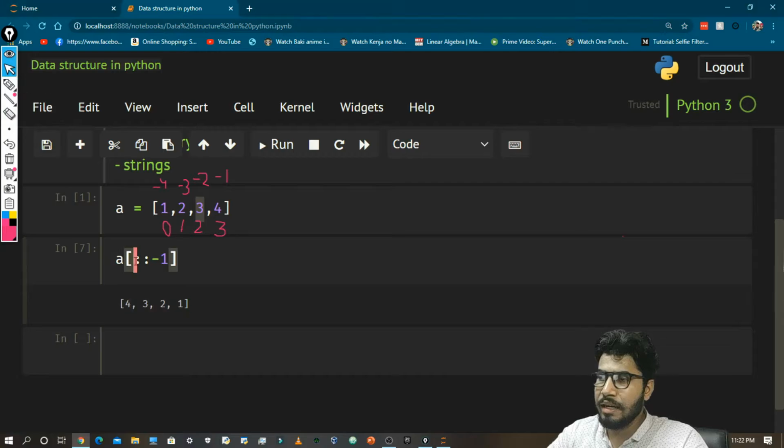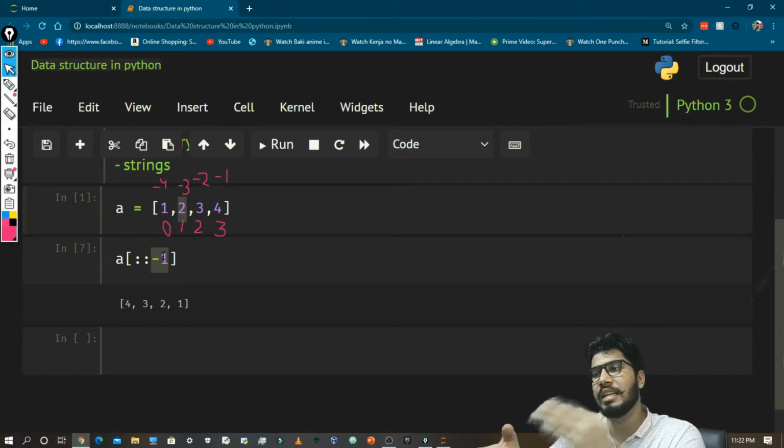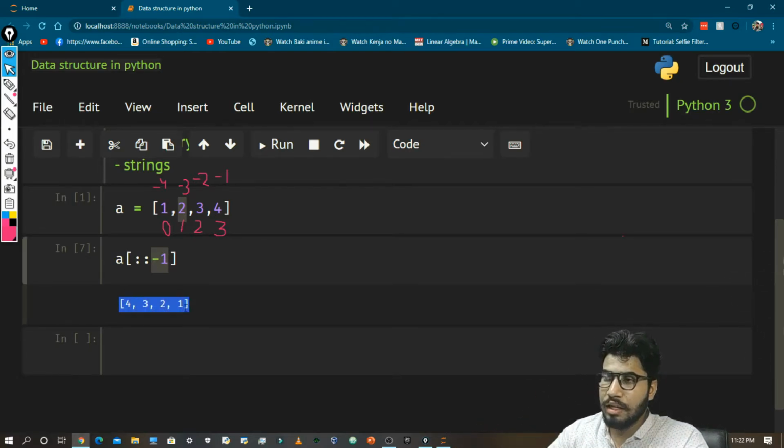So when I left blank the starting index and the last index, and I just gave -1, what it did is it took the value from the end and then went backwards, because this is the step size, and the step size is -1, so it is going backward. Okay, so that's how you can reverse the numbers in a list.